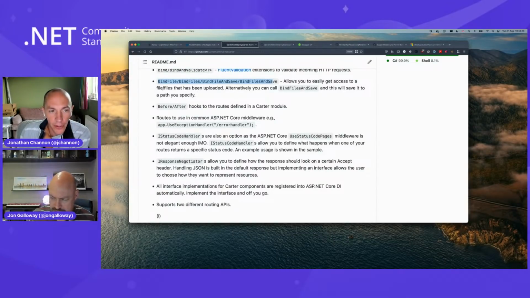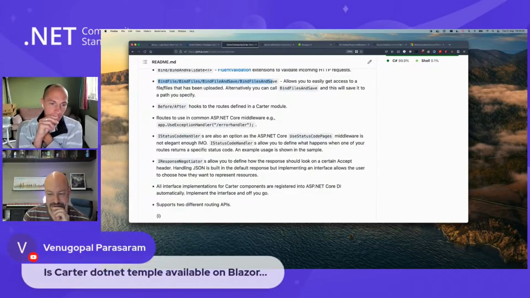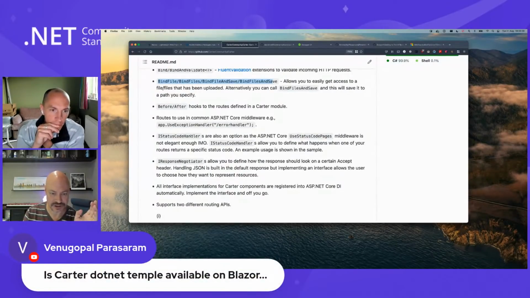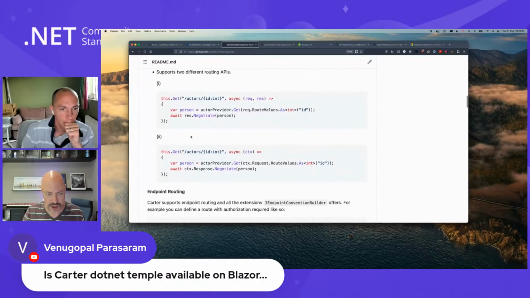But that's kind of gone away now in .NET 6. But that kind of gives you a good segue to discuss .NET 6 and actually the impact it's had. Yeah. Before jumping into that, we've had several people ask about how this relates to Blazor. So what I'm picking up from this is, like, the sweet spot for Carter is the HTTP API interactions, and you could call into that from Blazor, but this isn't a front end framework.